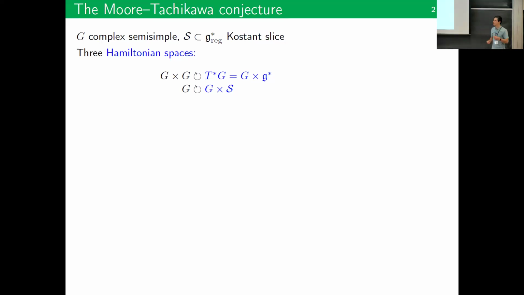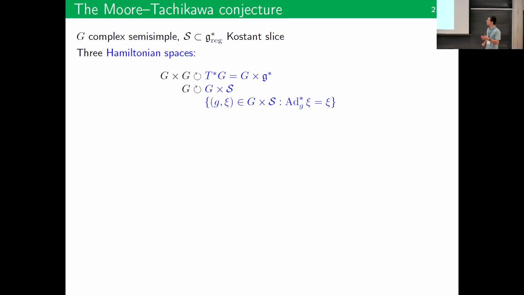Then you can go one step further and take the set of pairs (G, Xi), where Xi is in the global slice, where G stabilizes C. And this is, again, a symplectic submanifold of the second one. But we've broken all the symmetries, but we think of it as a Hamiltonian space for the trivial group action. Okay. So the goal of the Moore-Tachikawa conjecture is to extend that list of Hamiltonian spaces by having spaces with